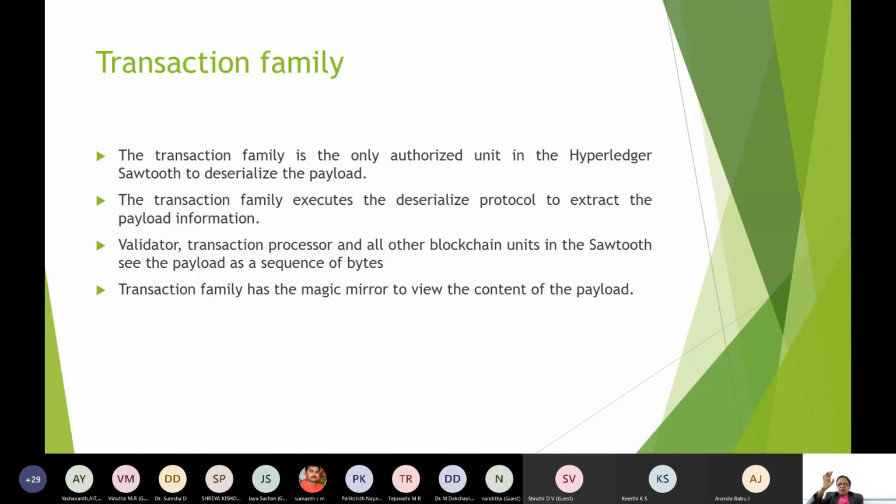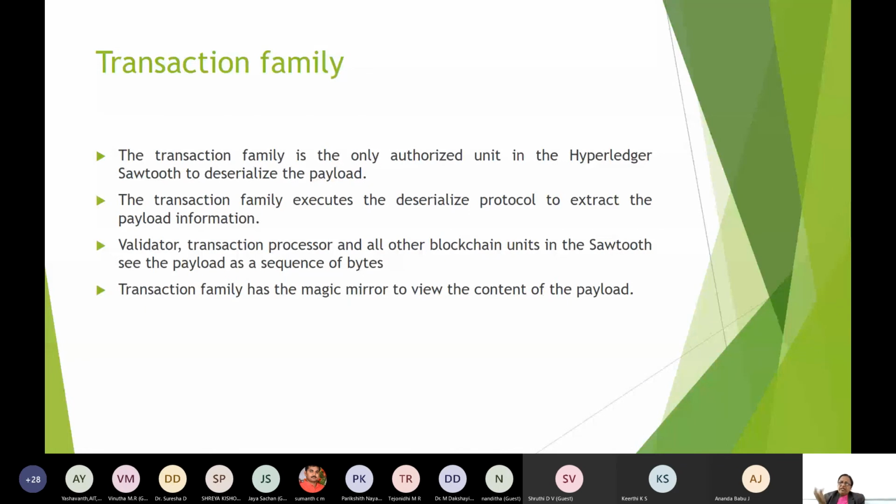Executes the deserialized protocol to extract the payload information. Validator, TP, and the whole people who are in that hexagon, Sawtooth sees the payload only as a sequence of bytes. They will not see whether it is Peter, whether it is John, whether it is Dr. Anand, Dr. Bankar, Dr. Uma, or Dr. Dakshayani. Nobody it will see. It will only see a sequence of bytes.